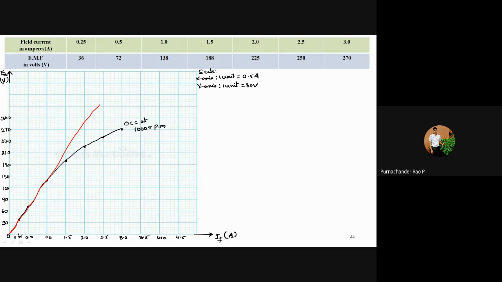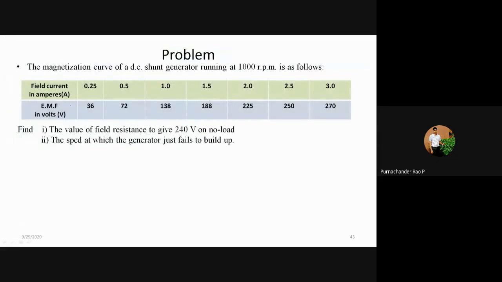The first thing we have to consider here is the first problem. First, we have to find the value of the field resistance. Here we need to find only the field resistance, not the critical field resistance. It is directly the field resistance of the field circuit for a voltage of 240 volts. So for this